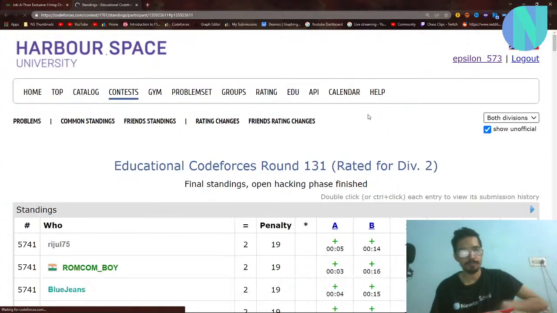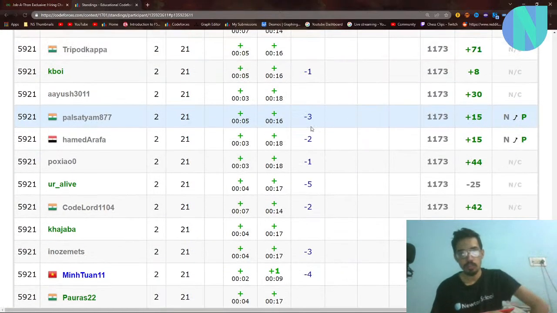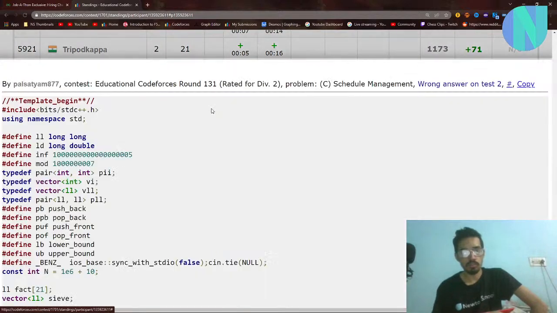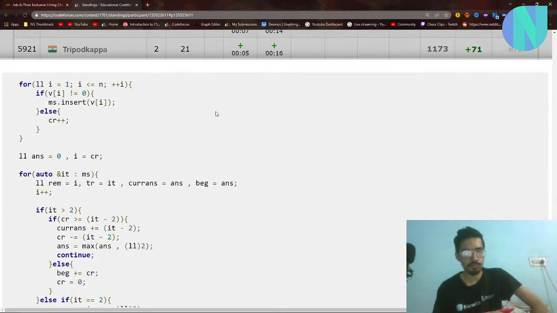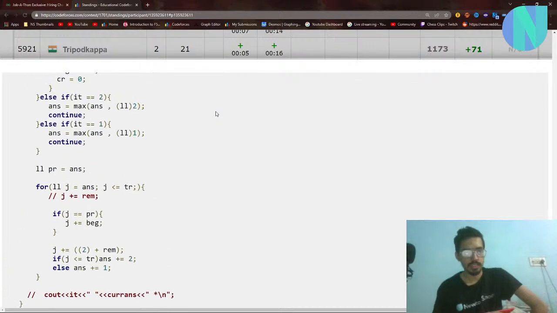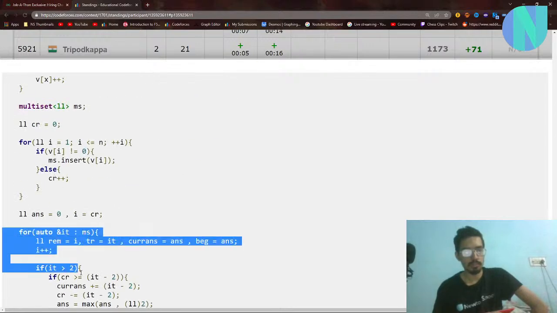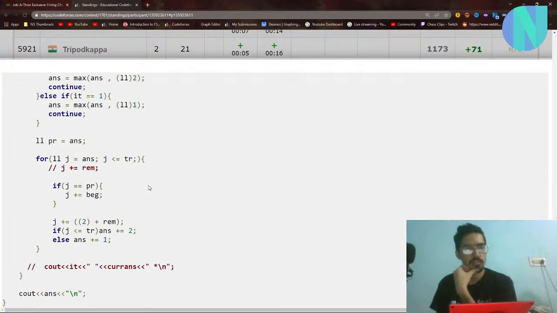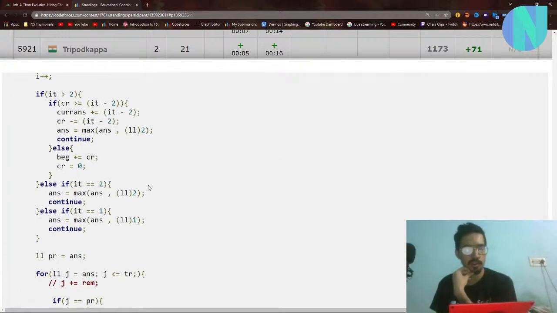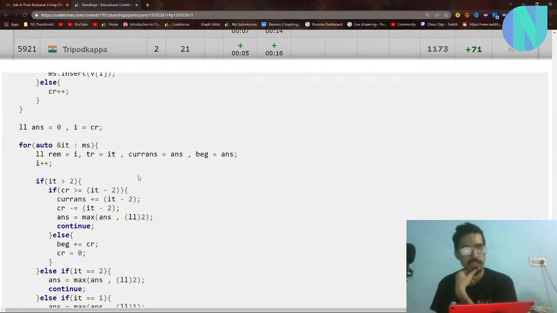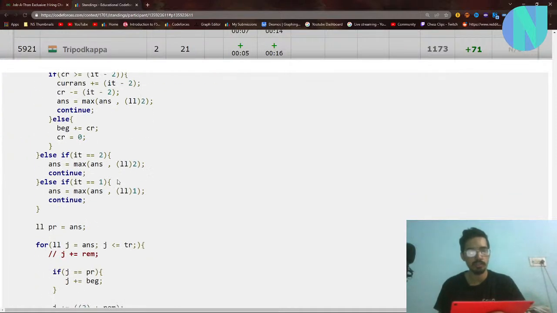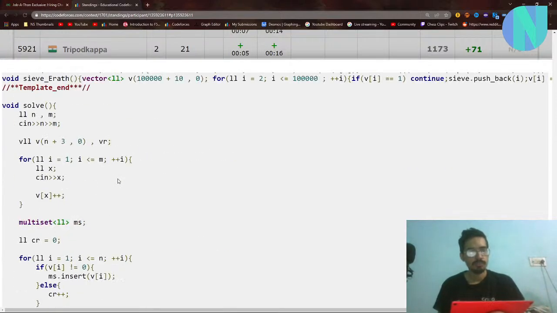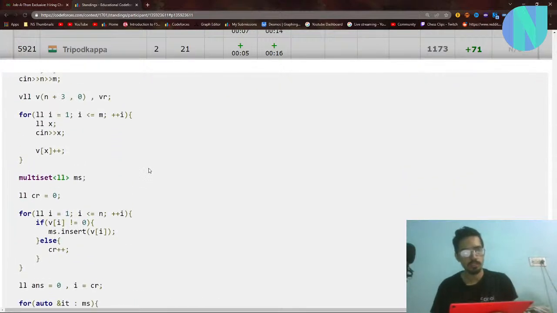Let's see here. You were not able to solve the third one, I saw. Again, you are also going for the ugly implementation. I think whoever went for greedy, if you were not able to implement it the first time, you did not get AC on this. Again, the implementation is really bad. I'm not able to even read it. So yeah,